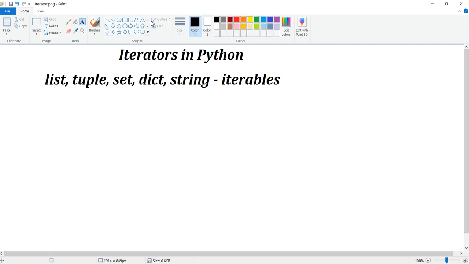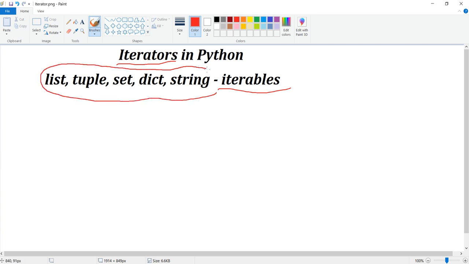Now just understand the word: iterators and iterables are both different. Iterables refers to these primitive data structures that are present in Python.